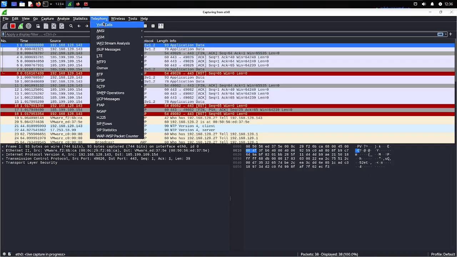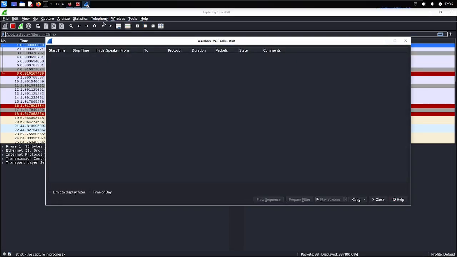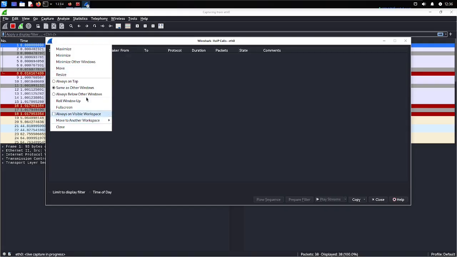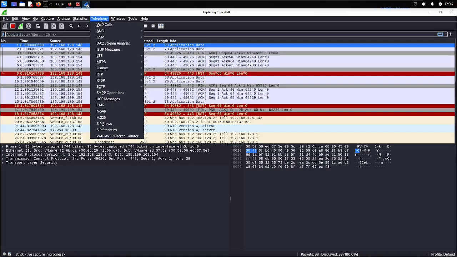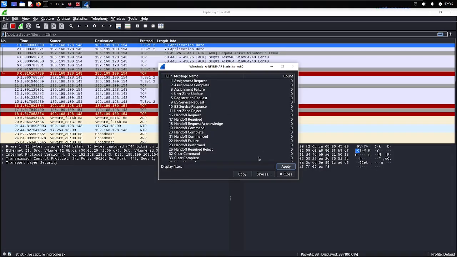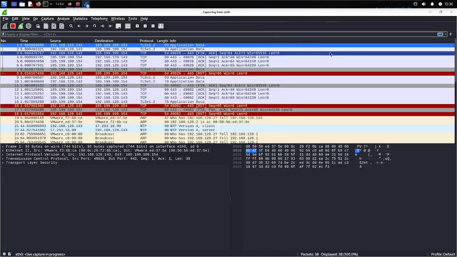So after the class, try to capture some voice over IP calls and go with that. That will be a good thing. It has not started because I am not having any call right now, but if you have any call over your network, it will start capturing over your network. ANSI calls you can also start capturing. So after capturing, just try to hear some. No, no, don't hear. Hearing is illegal, so don't hear.